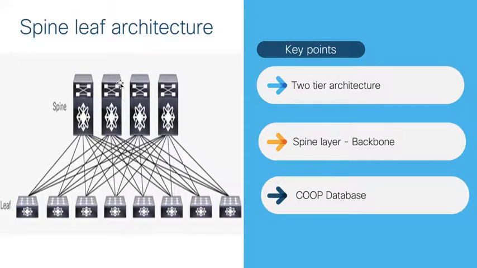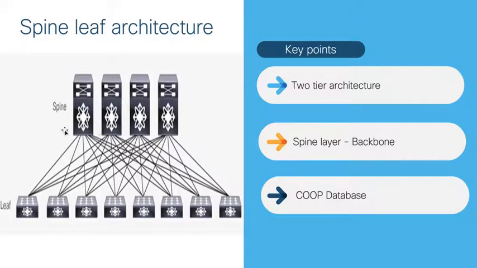In the legacy data center we had the three tier architecture: core, aggregation and access layer. But here we have a two tier architecture that is called a spine leaf architecture. And you know, right, the new Cisco Nexus 9K has both things: either we can use it in standalone mode or in ACI mode. So when we are using it in ACI mode, we will have this kind of functionality.